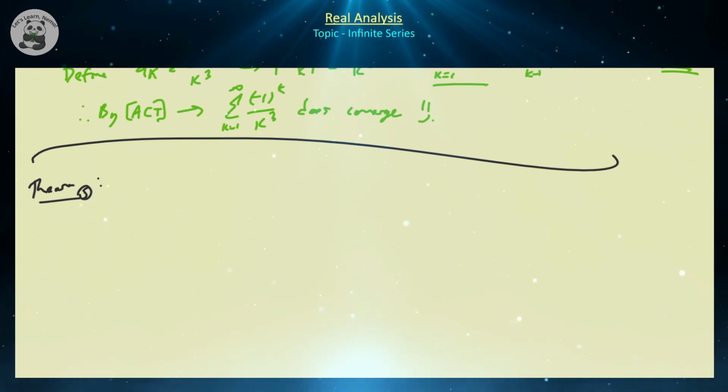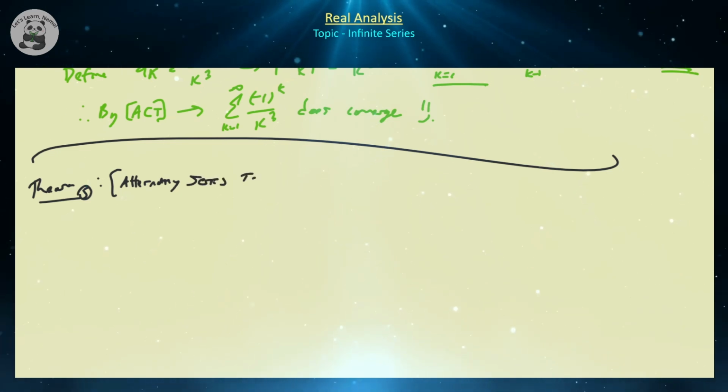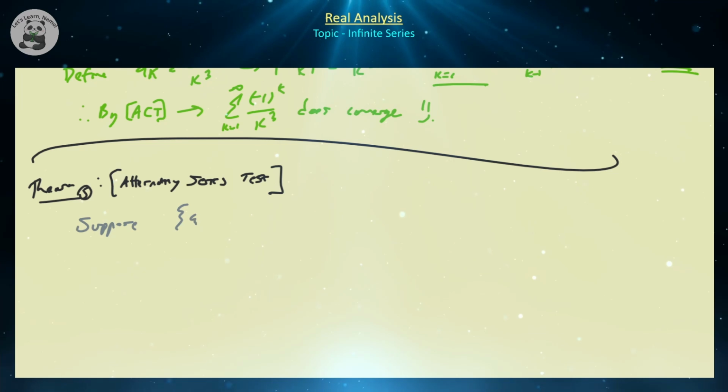And it's very similar to the absolute convergence test, and it's called the alternating series test. So alternating series test, or the AST, compared to the ACT. Absolute convergence, alternating series, different ACs overall. And the alternating series test says the following. So let's suppose that AN, a subset of the real numbers,